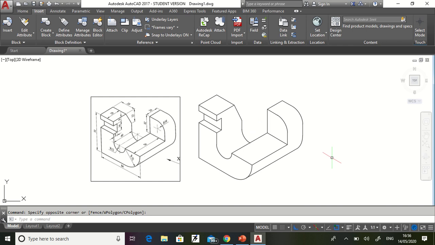For summary, we will use to draw isocircle. We use ellipse, that is shortcut is EL, enter, then isocircle I enter. Select the center point, drag it. If you want to change the plane of circle, then you have to go for F5 function key.